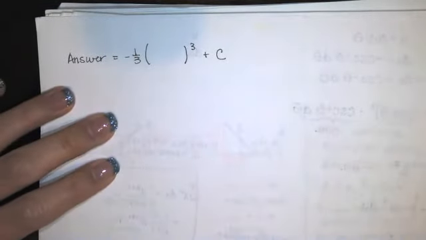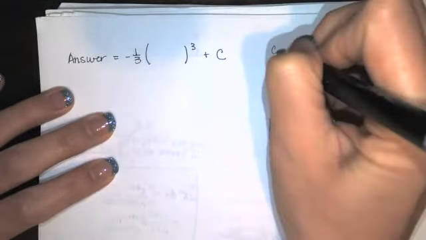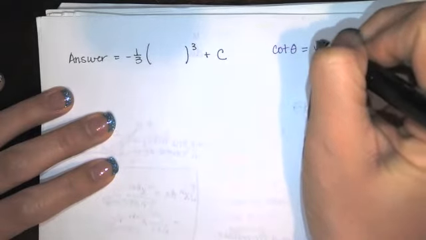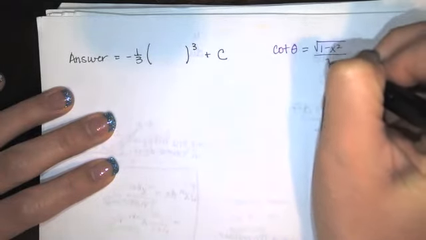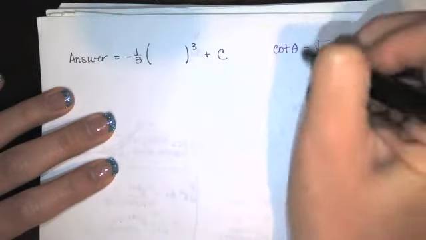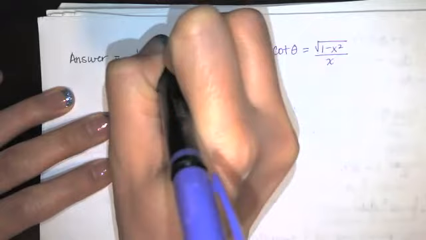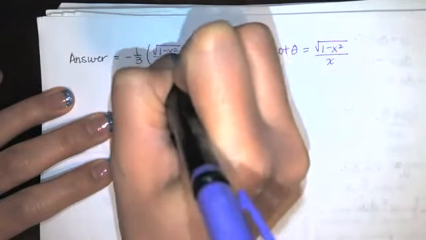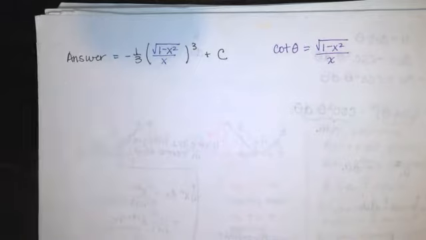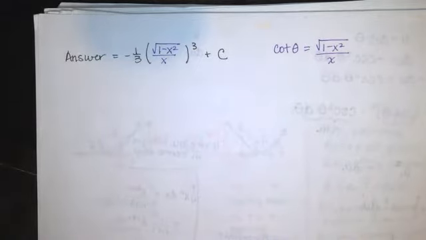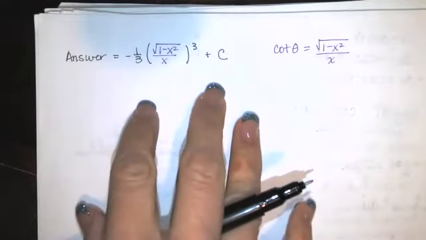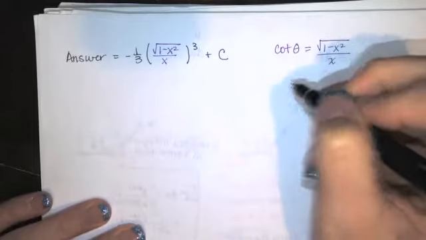So my answer was negative 1/3 cotangent of theta cubed plus c. And from the identity on the last page, we found that cotangent was the square root of 1 minus x squared over x. So we are going to substitute that in for cotangent right here. Now, a couple of things. Probably wouldn't leave my answer like this. Probably want to simplify it, especially if I was checking my answer against the answer in the back of the book. It's probably not going to look like this. A couple of ways that we could simplify it